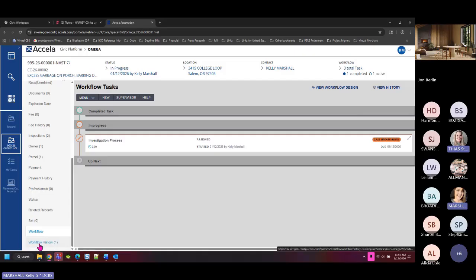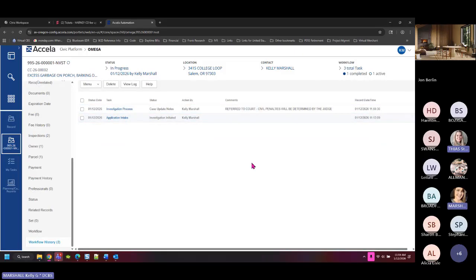To see any prior notes, you would look at the workflow history. And I could easily see any notes that the code officer made through case update notes. I want to explore that just a tiny bit more, since we just have a minute or two. But any fees or fines, I would never suggest that you use our module to manage civil penalty court fines necessarily,